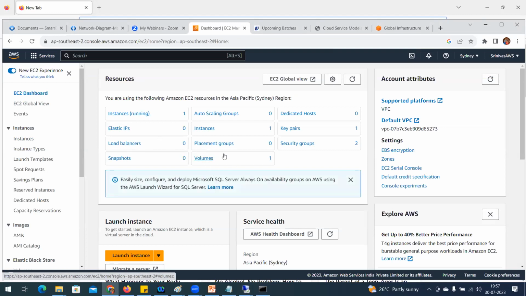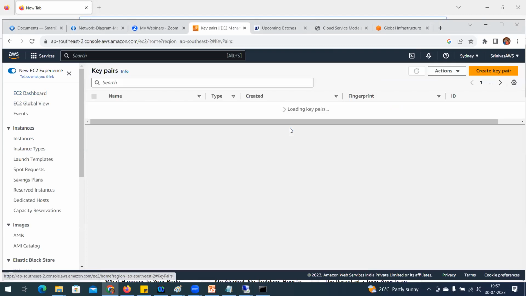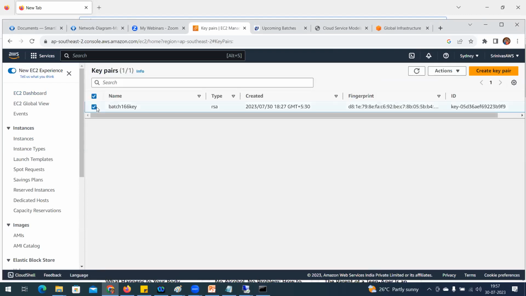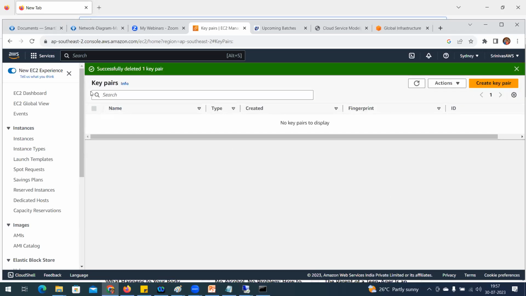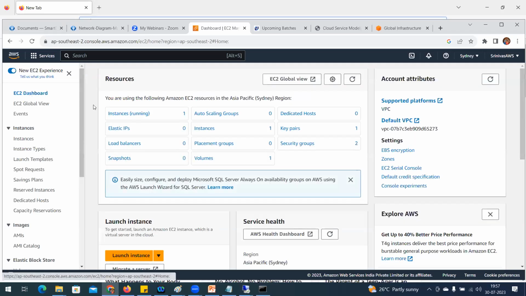Now what else do I need to delete? I need to delete the key pair. Whatever information is available in the key pair, delete it. You can delete it and create it again whenever required. I'm going to delete the key pair and type delete, because this is important to stop the billing and protect whatever free tier hours are available. The most important thing is that once practice is done, you delete everything. Make sure nothing is reflecting in our section.